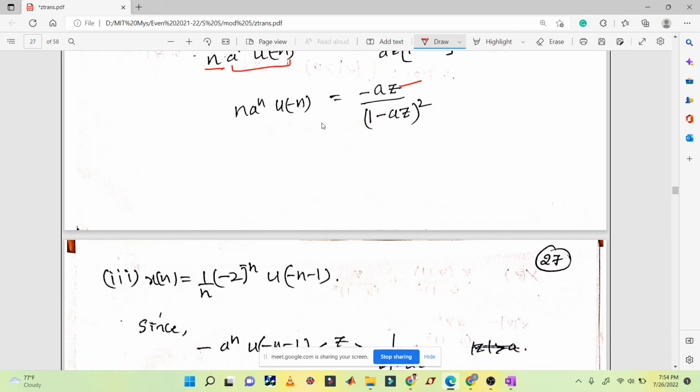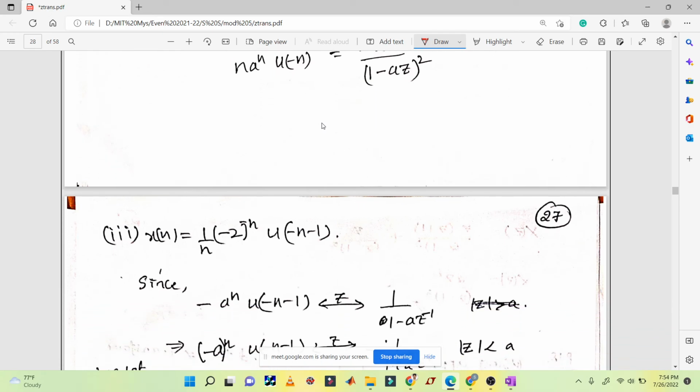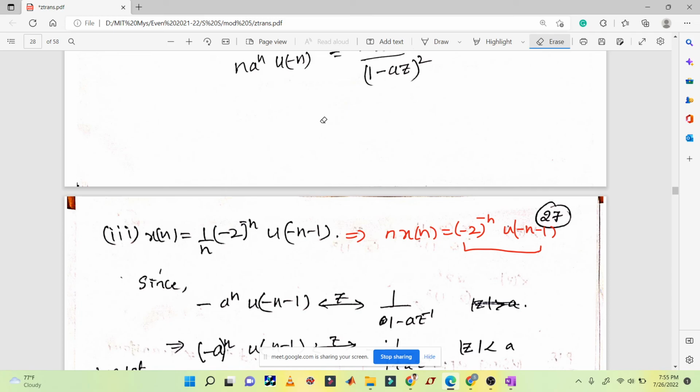That's why what we have to do is first calculate for this one. We can write n into x of n equal to minus 2 to the power minus n u of minus n minus 1. So find out the z transform of this and then integrate it. Since we have 1 by n, the differentiation answer that comes is n into x of n. To get x of n, we have to apply the differentiation property and then integrate. Okay, so